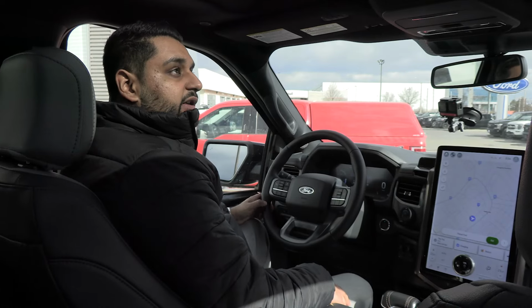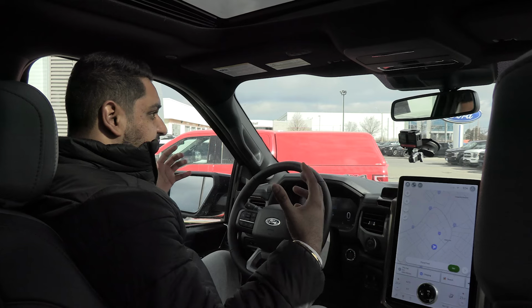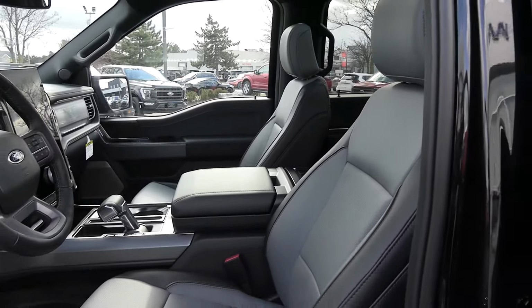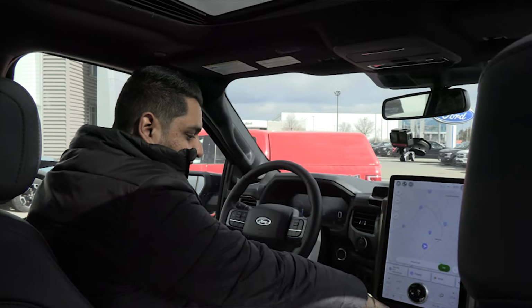Also, just going into the interior, up here we have the twin panel moonroof, so massive roof. This gives you so much airy feeling in the truck. So on the interior we have these nice leather trimmed seats with unique colors for the Lightning Lariat. We have the gray inserts with the black outside surround, and contrast stitching also matching to this trim piece in